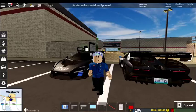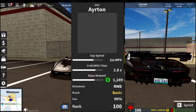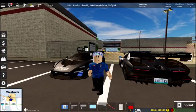Today we're going to be reviewing the McLaren Police Senna. This car goes about 211 miles per hour. It has a 2.806 speed. It makes 1,249 ultimate driving credits per mile, but let's be real, we're all going to call it dollars. It's obtainable at police level 100. Now I'm going to show you if it really is worth getting to police level 100 just to get this